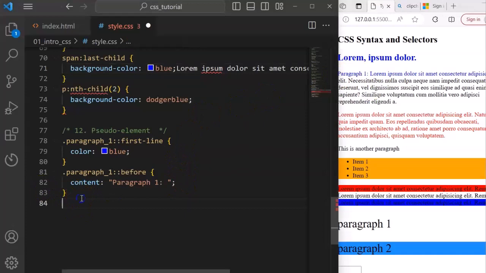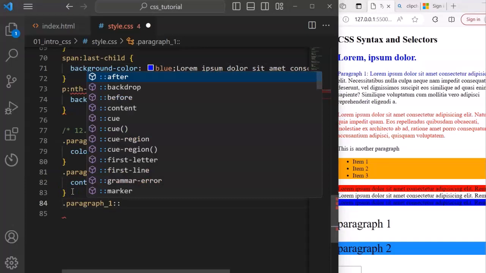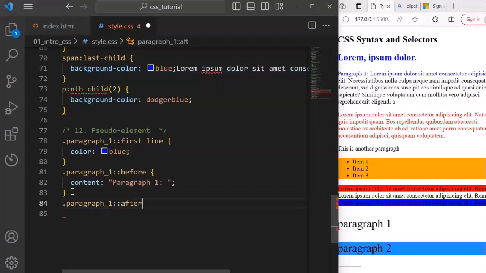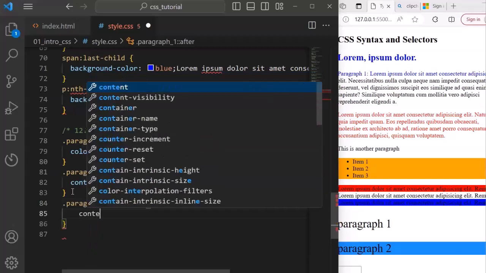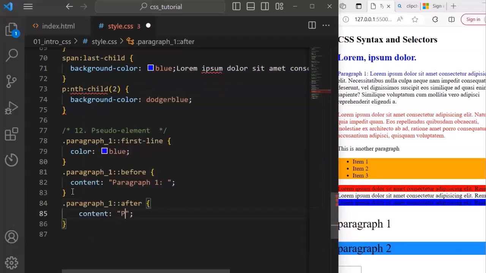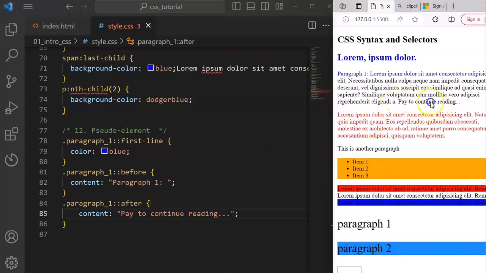You can also put content after, even with just the power of CSS. You just say after, and say maybe pay to continue reading. Maybe it's a paid article. So at the end of the story, you can just say pay to continue reading. If you save it, you can see that at the end of the paragraph, it adds the content pay to continue reading. So all these and many more are possible using the power of